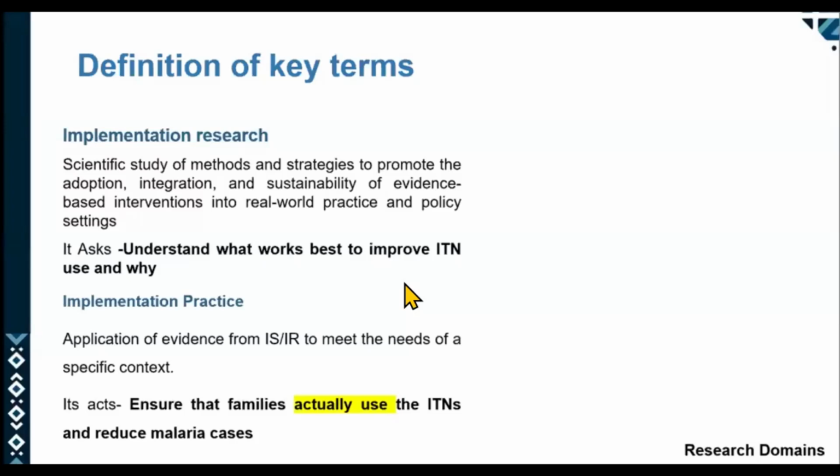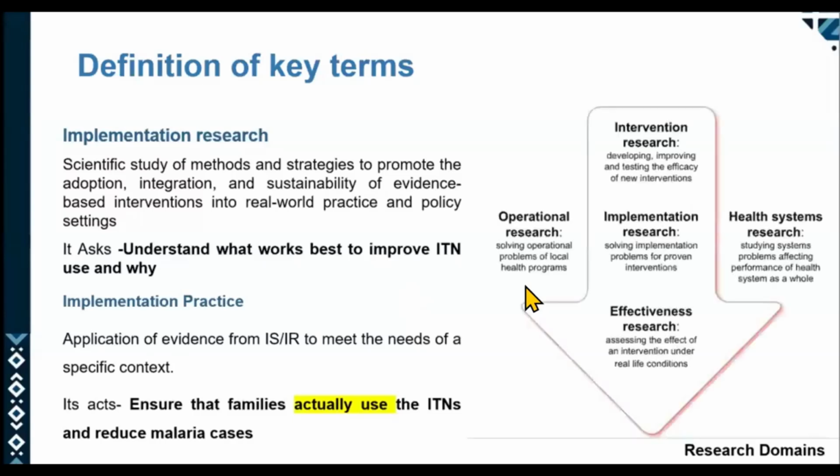That's where implementation practice comes in. So these are the things we are going to do that are going to enable them use the mosquito nets to reduce malaria cases. We also have other definitions like operational research, intervention research, implementation research, which you have seen,